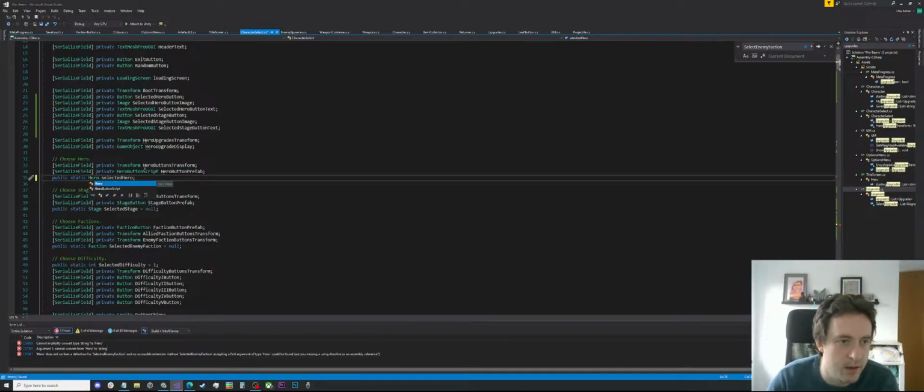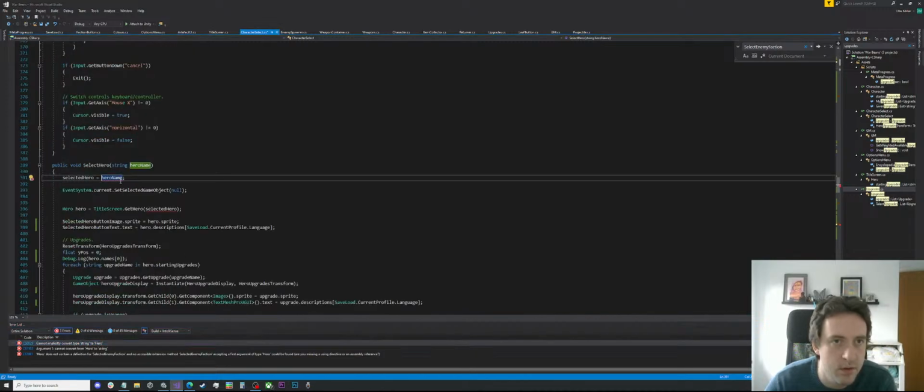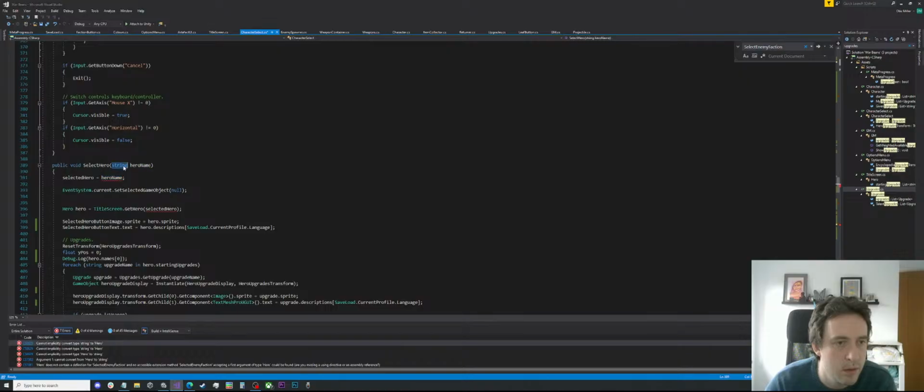Hero select, because we did that for stage, we did that for enemy faction. Yes, but this is going to cause all kinds of errors. Selected hero equals, and then when we select hero,